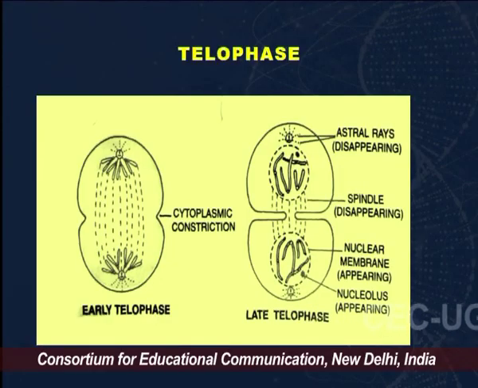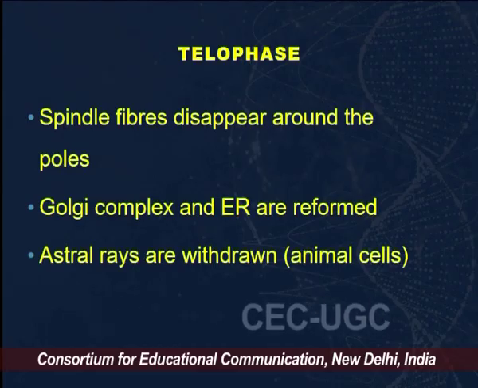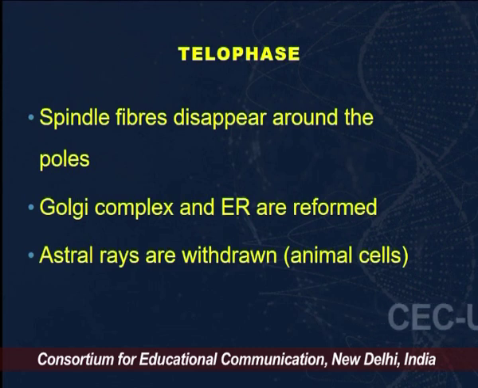So, here you can see that in early telophase, cytoplasmic constriction also started happening, astral rays started disappearing, the spindle started disappearing, and the nuclear membrane started appearing, and the nucleolus also started reappearing. This is exactly the opposite of what happened in the prophase, where the nucleolus started disappearing and the nuclear membrane also started disappearing. So, in telophase, spindle fibers disappear around the poles, and the Golgi complex and endoplasmic reticulum are reformed,